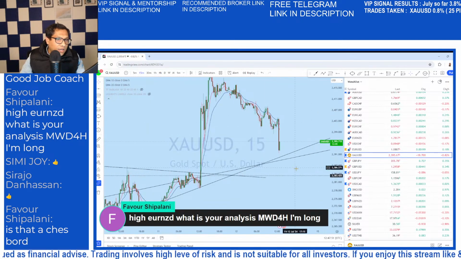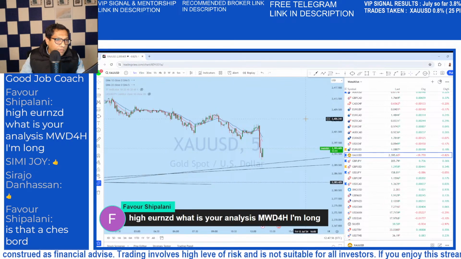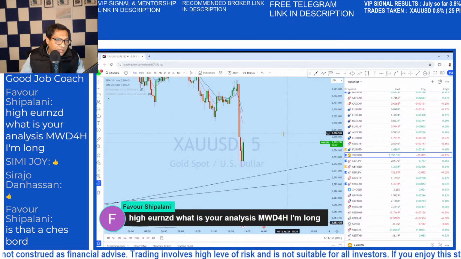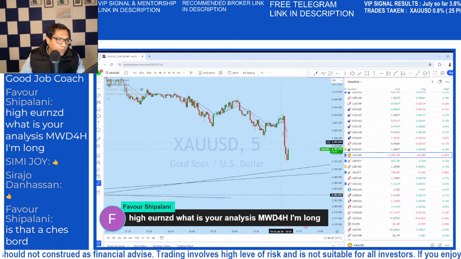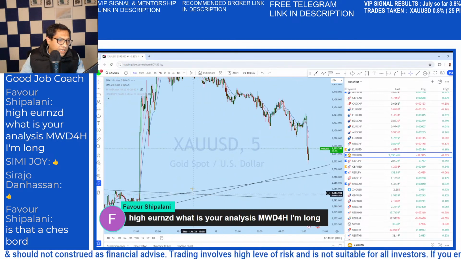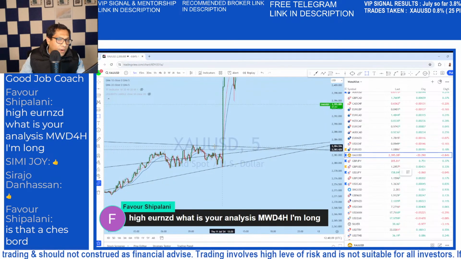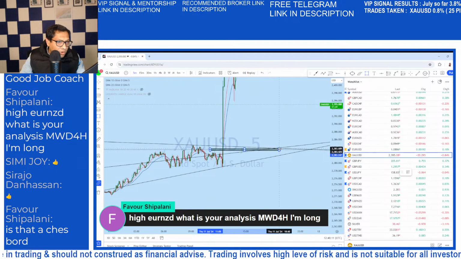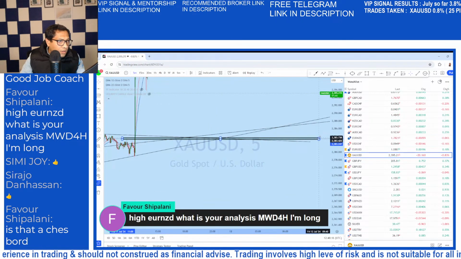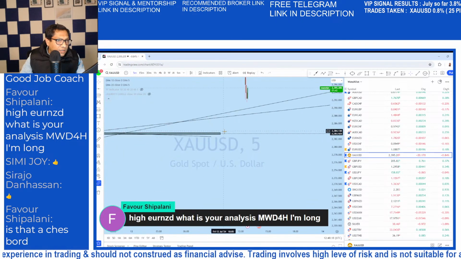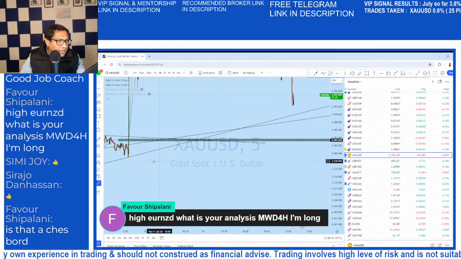After this drop to this, I will still not be impressed with the fact that it might bounce back up from here without proper retest. This is an order block, guys and girls. If you are not sure about an order block, let me know, I can discuss in depth. This is an order block, and I would like to see the market at least test it and then get rejection.